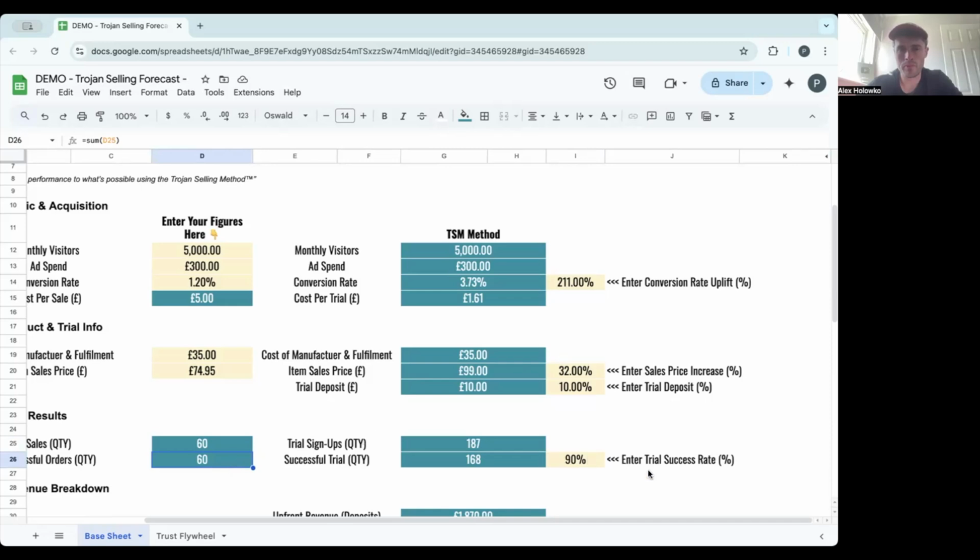With Trojan, you potentially will have some trials that don't convert into full paying customers at the end of the trial. Now, our experience so far has been 100% success rate. I've said here 90%, but we've had 100. You could potentially have 80, but generally, as me and Alex do say, if you're having a trial to full customer conversion rate of below 90%, there's ways that can be improved. If it's 80, 70, 60, there's some mismatch there between your product